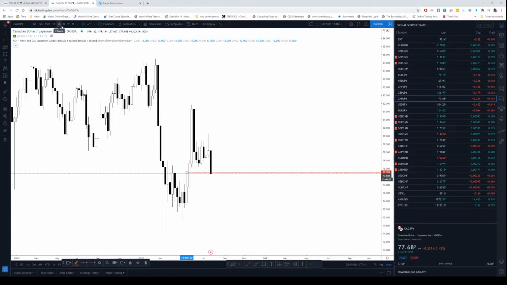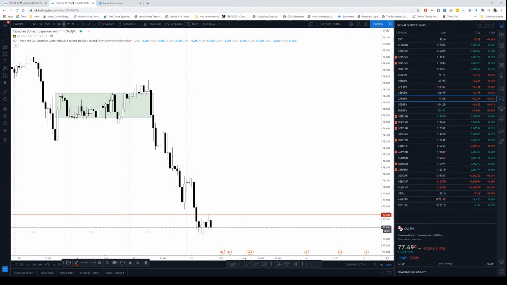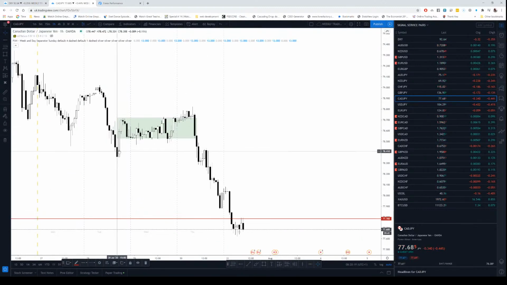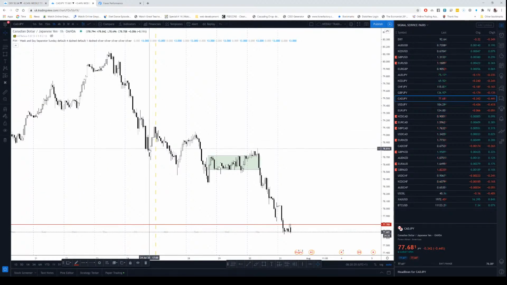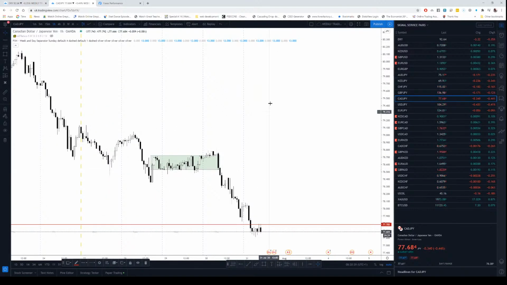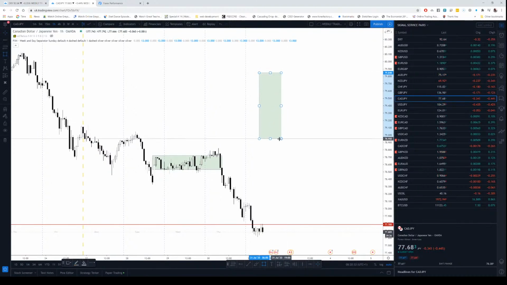I closed all my trades on this one here around 5 o'clock. 5 o'clock is usually when I close my trades, because from 5 o'clock price will usually give a retracement every day. If you go through your chart, you're going to see that from 5 o'clock there is some kind of pullback in price. So if you have this as your daily candle, and this as your high and low of the day,